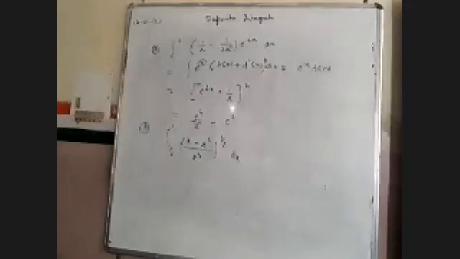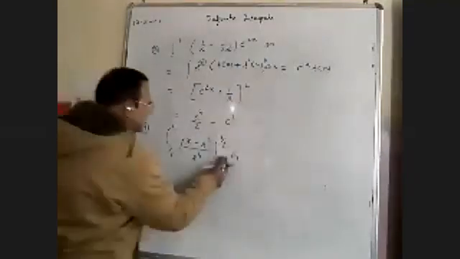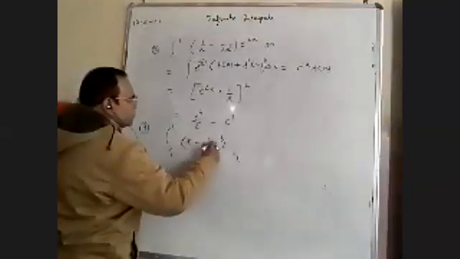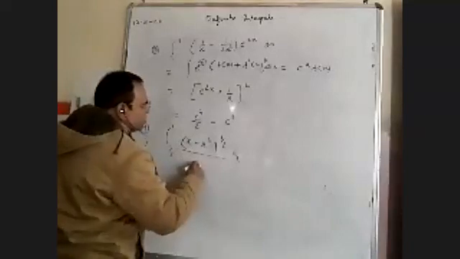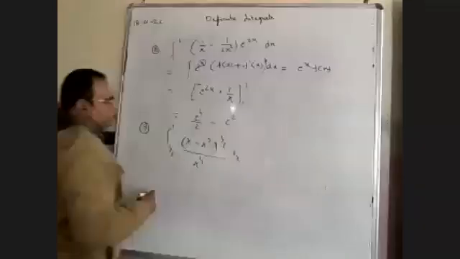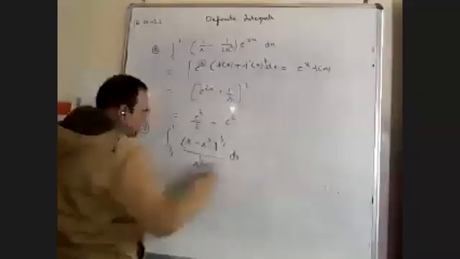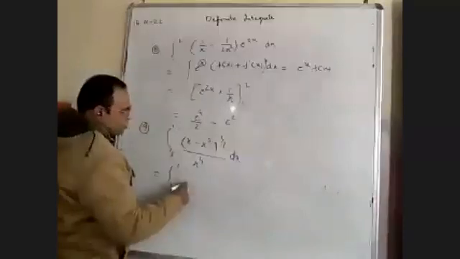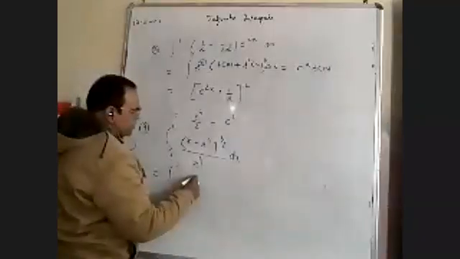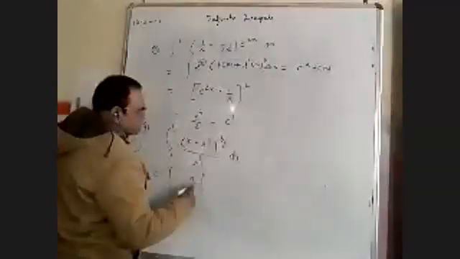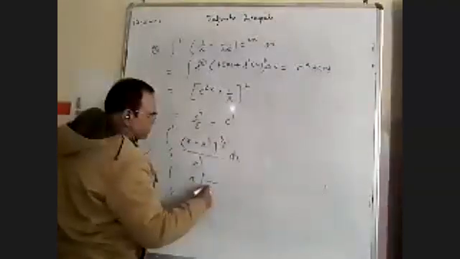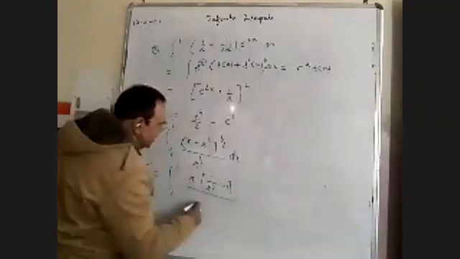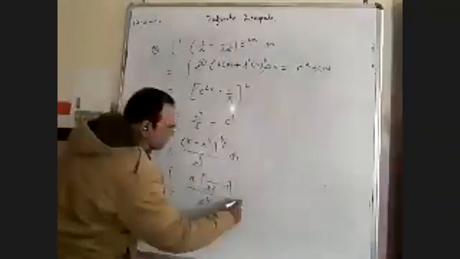ये x to the power 4 जो है ये उसकी पावर में नहीं आ रहा है, ये मैंने गलती से लिख दिया है. ये जो है ऊपर वाली की पावर ही है बस. ये x to the power 4 it is separated. So you can write this expression 1/3 1. You can take x to the power 3 common. If you take x to the power 3 common, then it will become only x, 1/x square minus 1 divided by x to the power 4 dx.